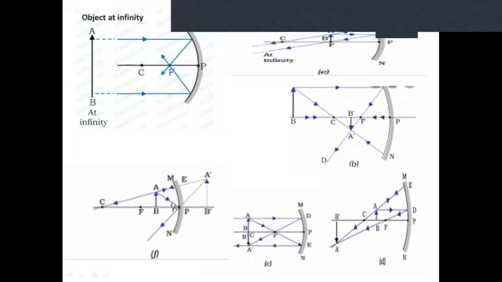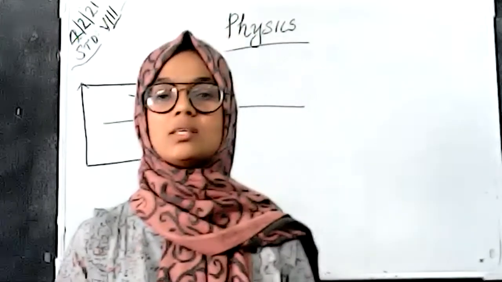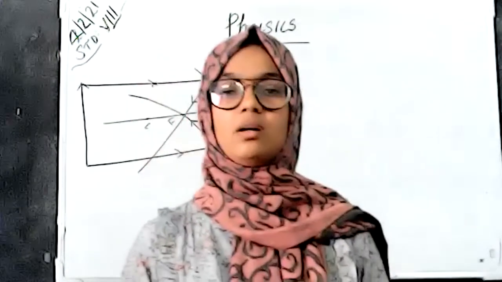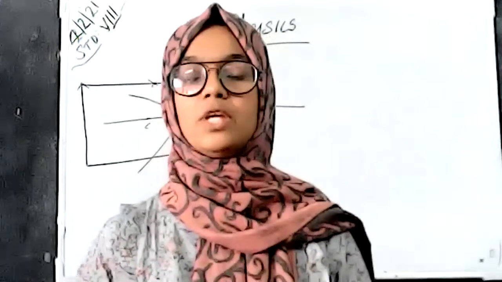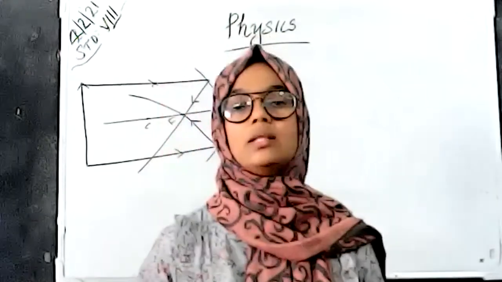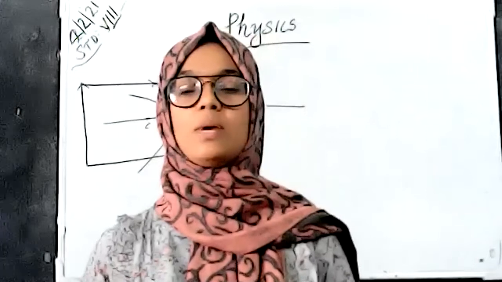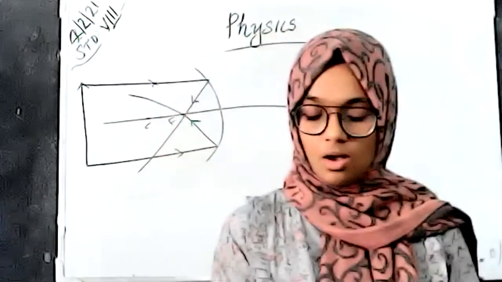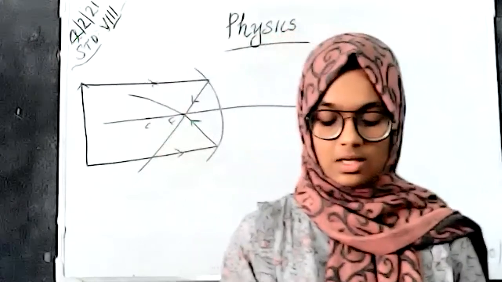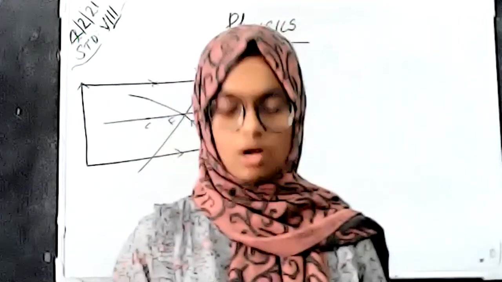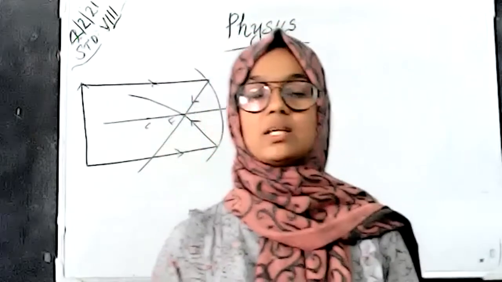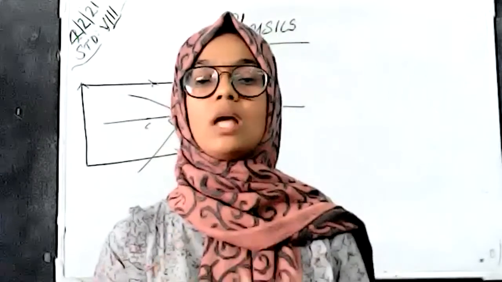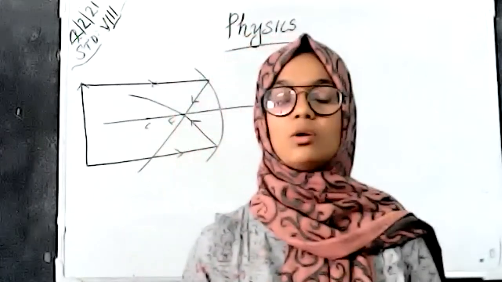So here we are placing the object in different places, and based on the place, the images are formed in different ways, which are discussed in the table. All the features of the image formed and the position of the image formed are discussed in the slide. Okay, next we have to discuss the path of the reflected ray of light in concave mirrors and convex mirrors through a slide.